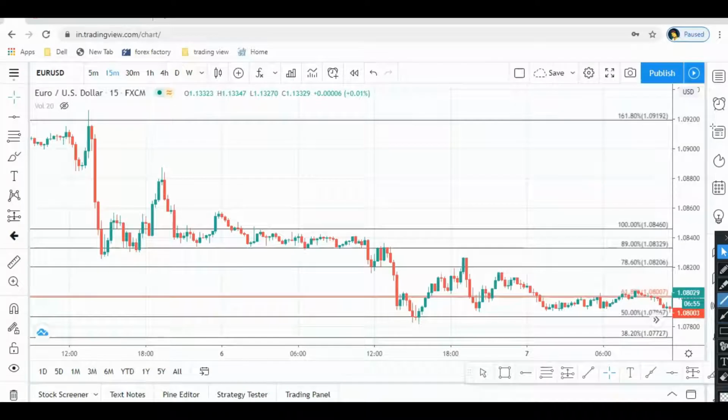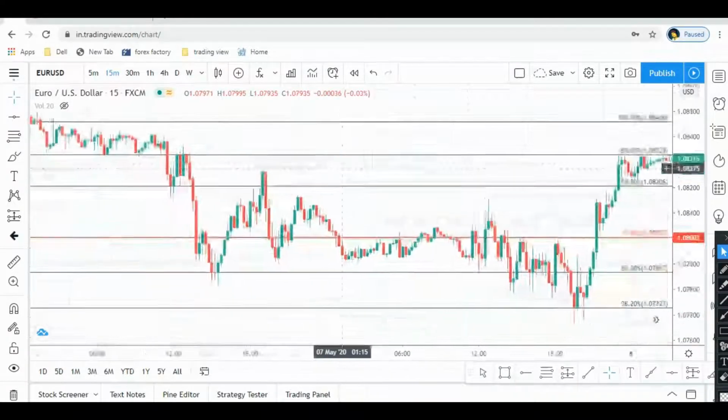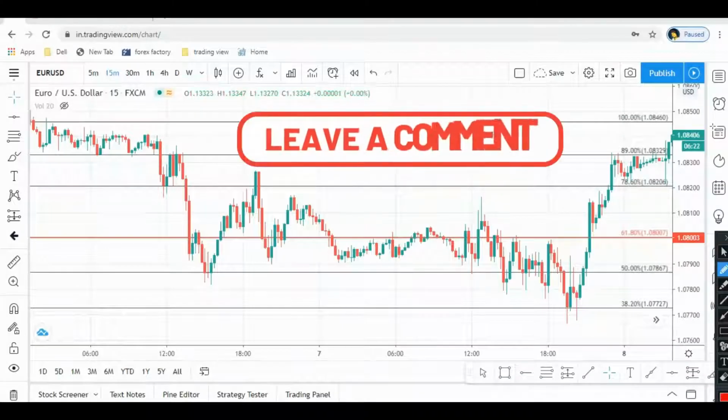As you can see, price broke out this area, and these two candles broke out, and at exactly 61.8 price took resistance in this area and went down. So this did not happen once, it happened twice, and here also. Let's move forward and find out. Okay, in front of your eyes, as you can see how exactly this area is working.